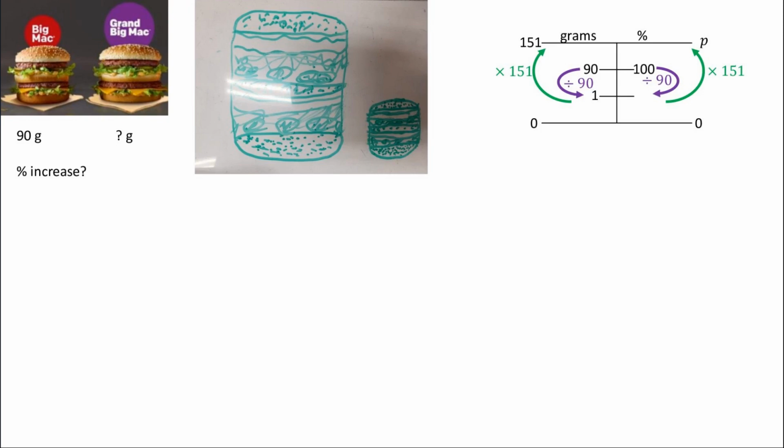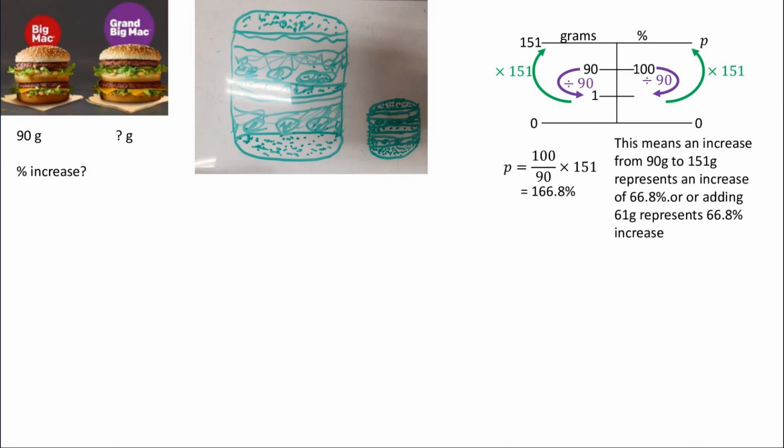And the way I do it, I then write on the board P equals, and I say, let's follow those arrows backwards and see where we started. Where did I start? I started at the 100. What happened to that 100 is it was divided by 90. And then it was multiplied by 151. So this is about the scale thing. And it would work out that that is